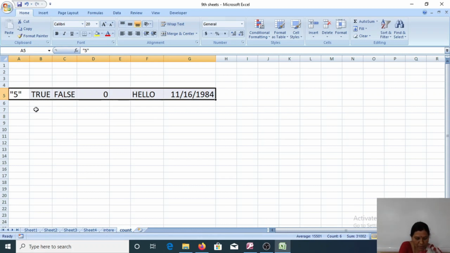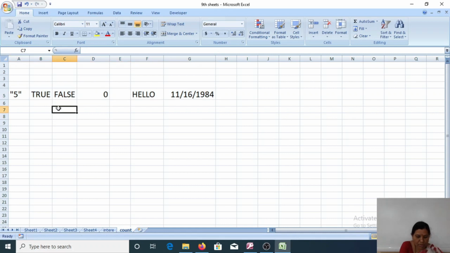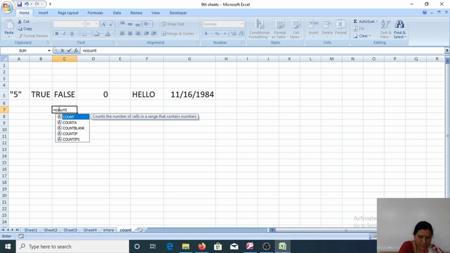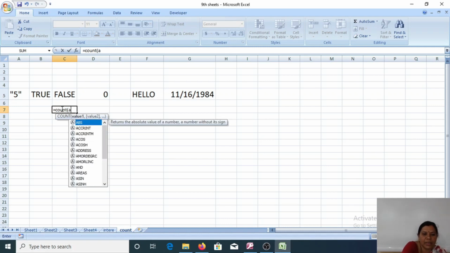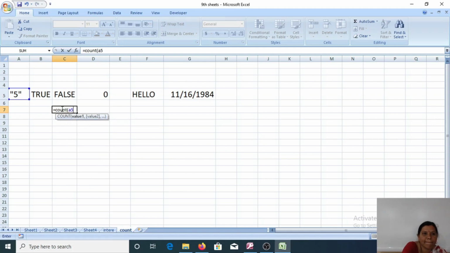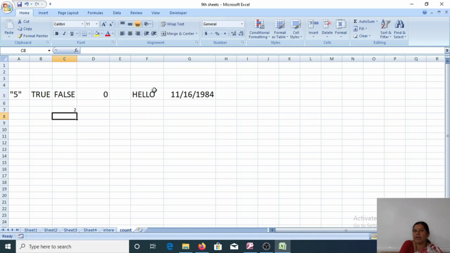I will write the formula equals to count, from where to where? From A5 to G5. A5 colon G5. Close the parenthesis, press the enter key. In this we are having only two numeric values, that is 5 and 0.